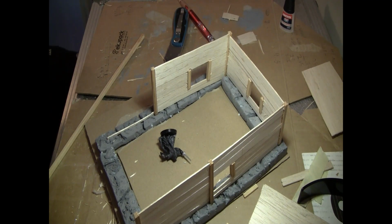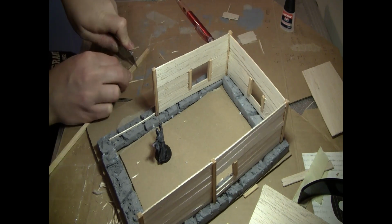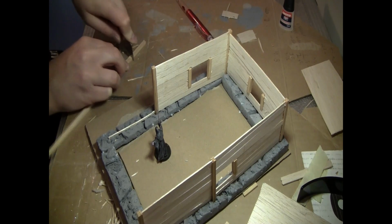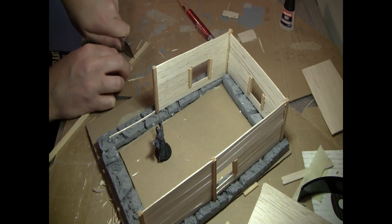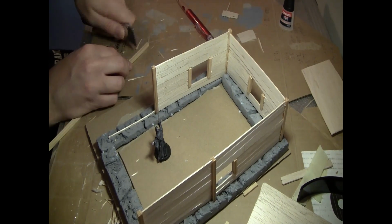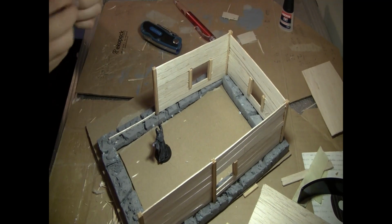I can continue working on it. That will have to do. Now we just cut it off from this larger piece, if it will let me. I really need to sharpen this knife. Oops, there it went. So, and now,